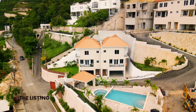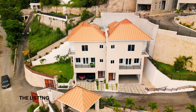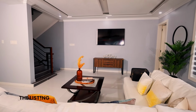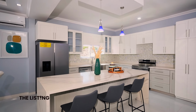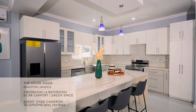This remarkable development boasts 7 townhomes ranging from 4,000 to 5,200 square feet, and I'm immediately struck by the ultra-modern design and the sheer space. We're in the dining room, and this is a space where family gatherings and dinner parties become cherished memories. The space has a dining table that seats 6, and I'm immediately impressed by the continuity of the white, soft